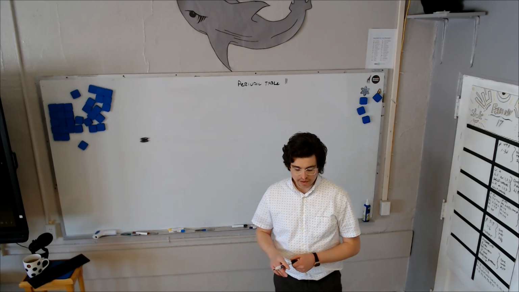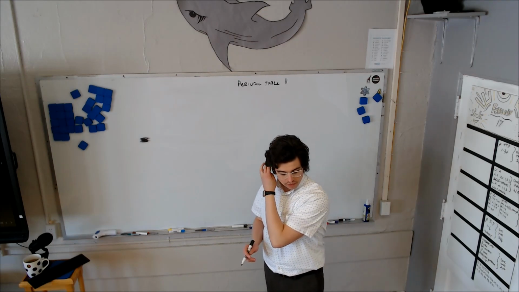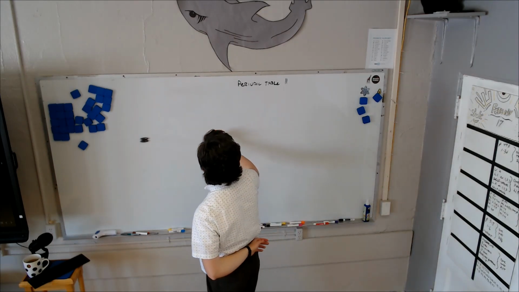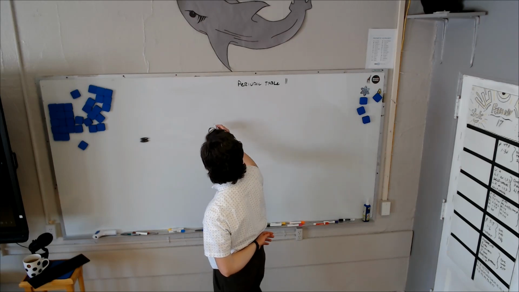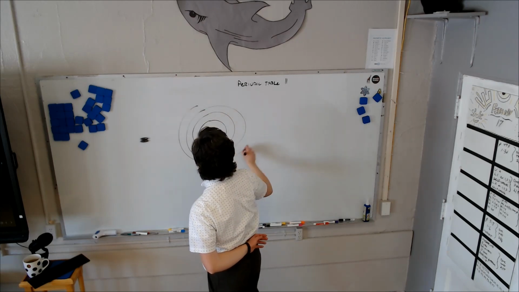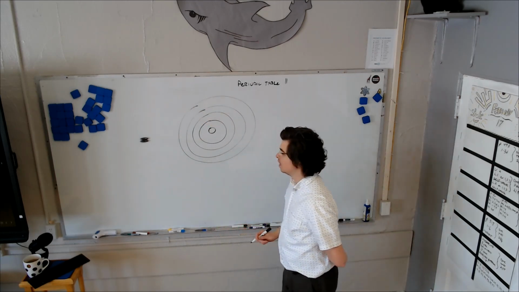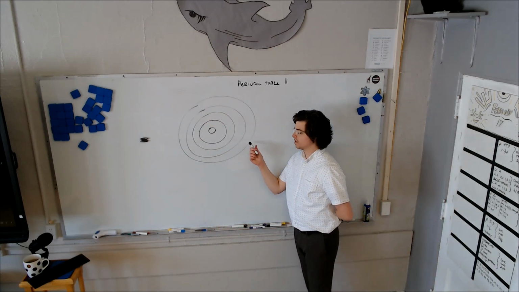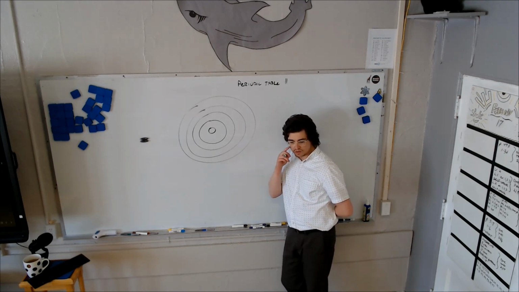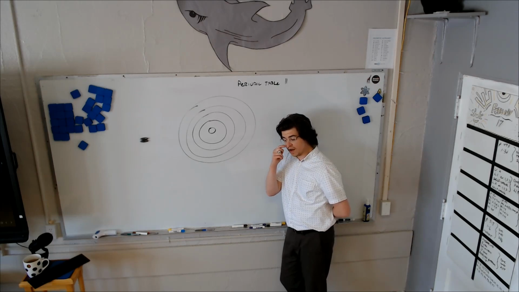Now, we had talked about valence electrons, right? So let's talk a little bit more about that. Electrons are organized in what we call energy levels. We did talk about this. We had said that the Bohr model of the atom is that electrons are arranged in energy levels. You might be able to tell just from the diagram, but more electrons can fit in higher energy levels. That's something you probably should write down. More electrons can fit in higher energy levels.